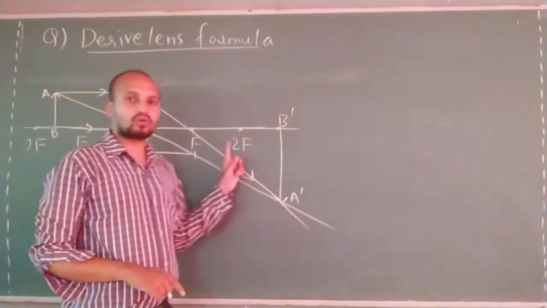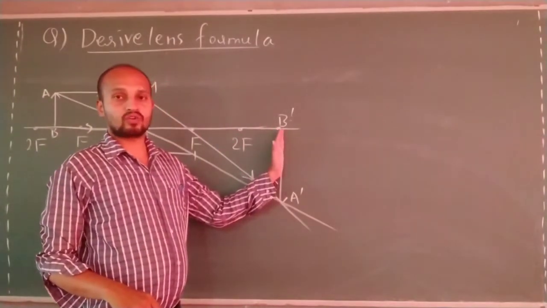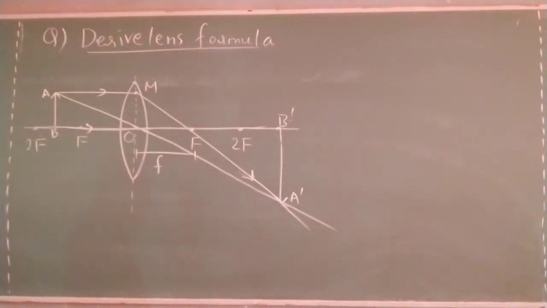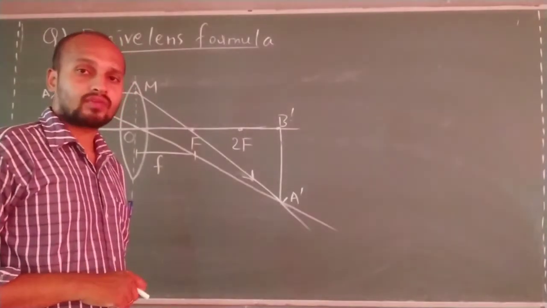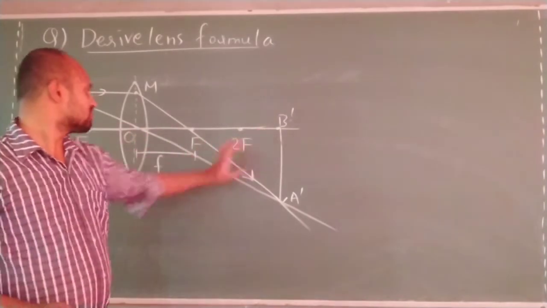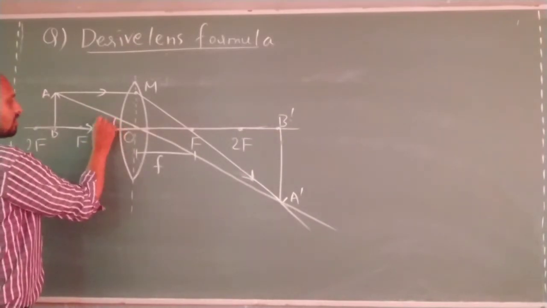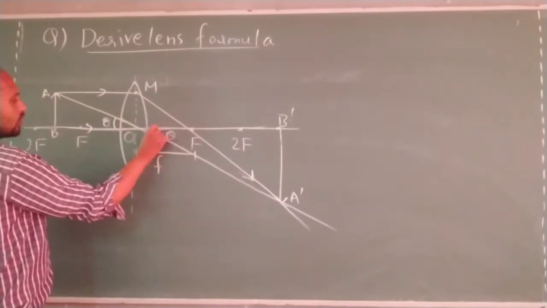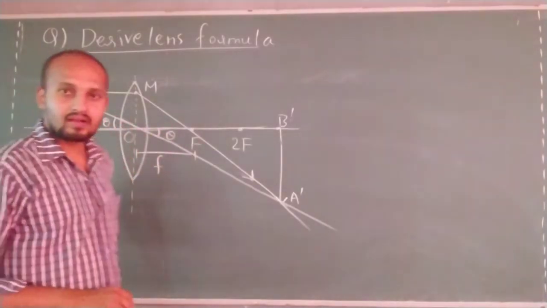One question will be asked: Sir, how did you draw it here beyond F? Because it is one of the properties of the ray diagram of a convex lens. Okay. Now, what you can do is, this is F, this is point F, this is AB, the image formed is here. Let us take this angle theta. If this is angle theta, this is also angle theta. See here, vertically opposite angles, both are angle theta.